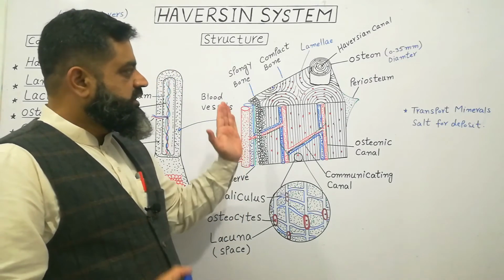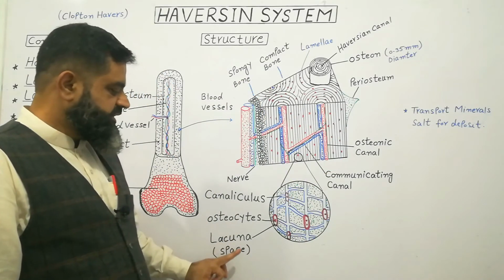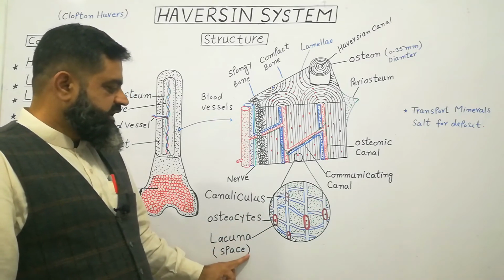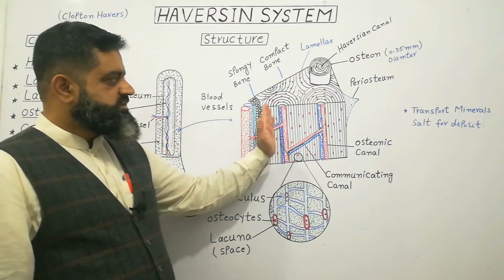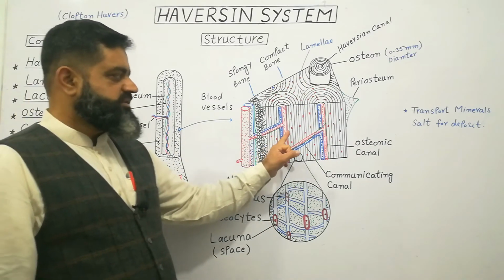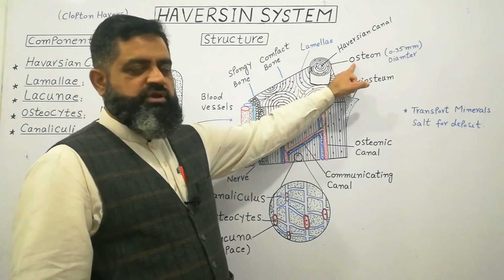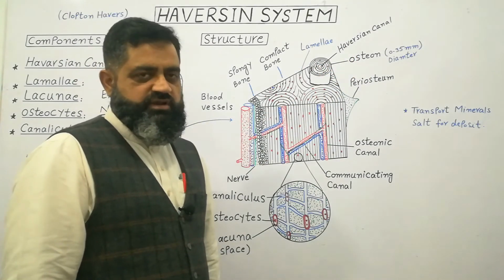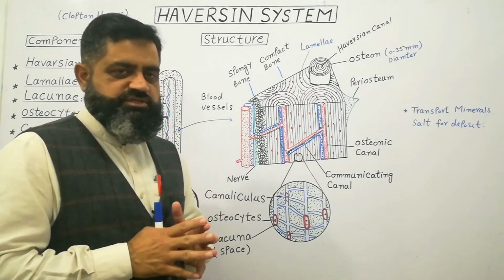So if we look at the diagram again, first of all there are osteocytes, bone forming cells, which are present in lacunae, which are spaces inside the bone. These osteocytes and lacunae are arranged in the canaliculi present inside the compact bone. These canaliculi and membranes join together in a circular manner and form a unit known as osteon. Each osteon contains a canal which is known as Haversian canal, and all these canals present in the compact bone make up a system known as Haversian system.